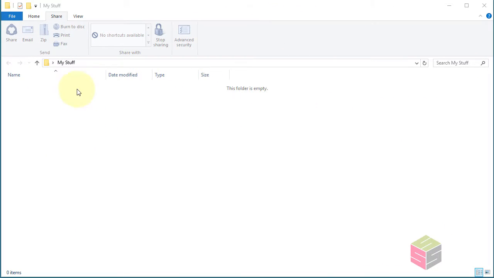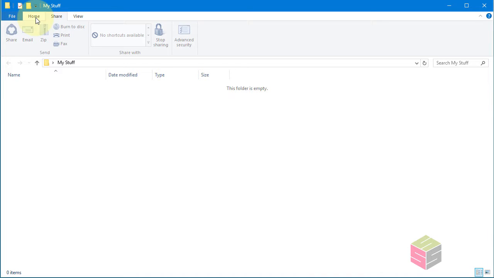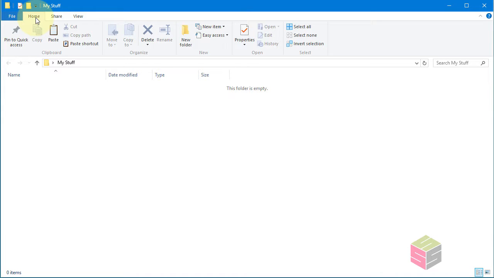The process of creating a folder is actually very simple, and similar on most computers and operating systems. For instance, if you are using Windows and you want to add a folder within an existing open folder, go to the Home tab and click New Folder. The new untitled folder will instantly be created,